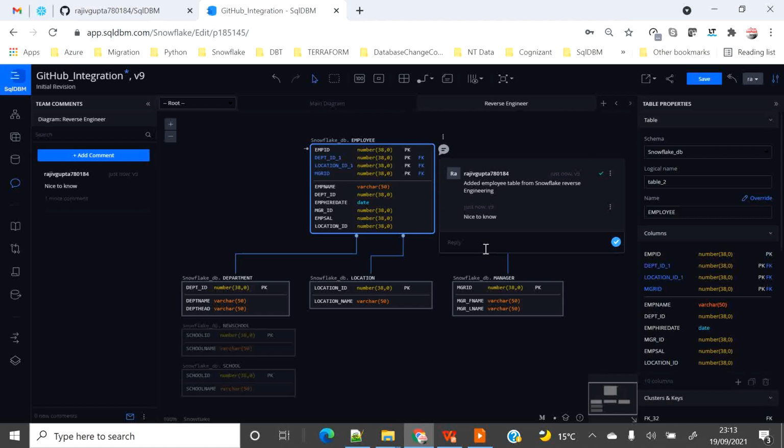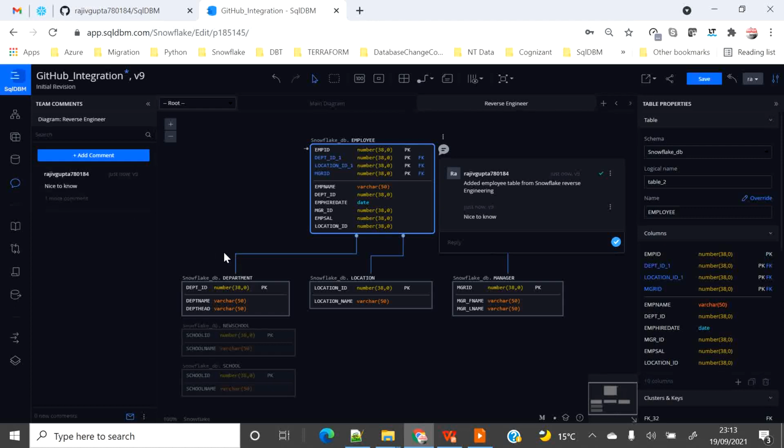Earlier it was an issue when somebody at one location was updating something and somebody else at the same time was modifying the same thing, and then somebody was overriding the ER diagram of somebody else. So there was always confusion, but because of this team comments feature, now it can be easily resolved.